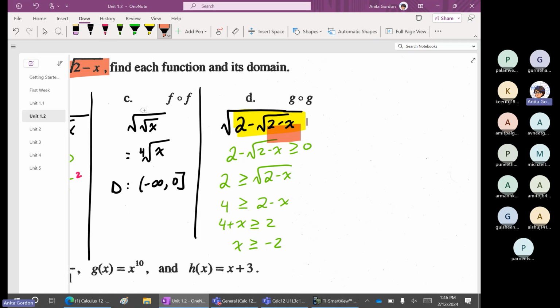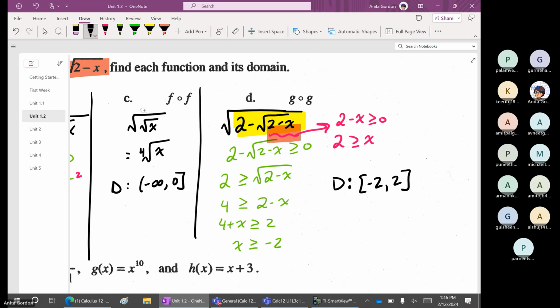If I focus on just the little bit here, 2 minus x has to be greater than or equal to 0. 2 must be greater than or equal to x. We have a double restriction here. What's my domain? Negative 2 to 2 inclusive. Perfect. Okay,